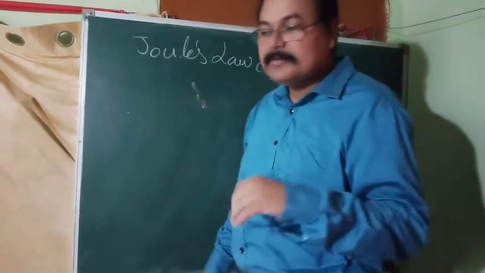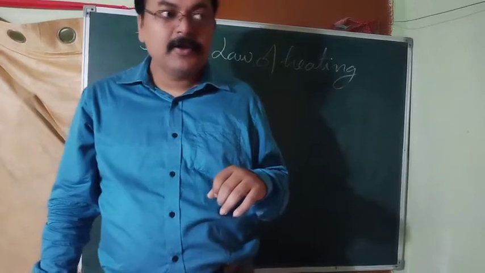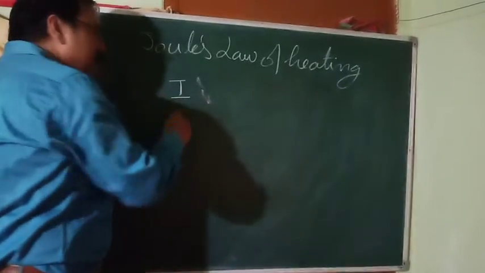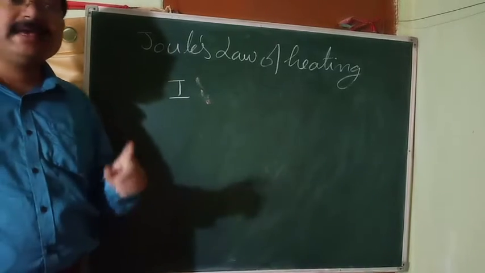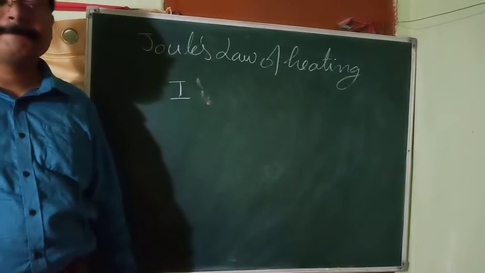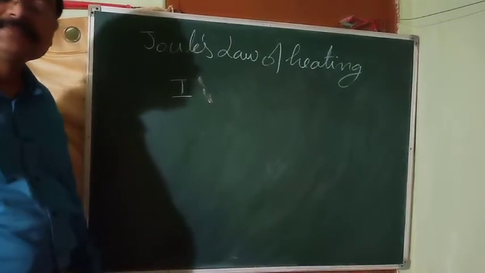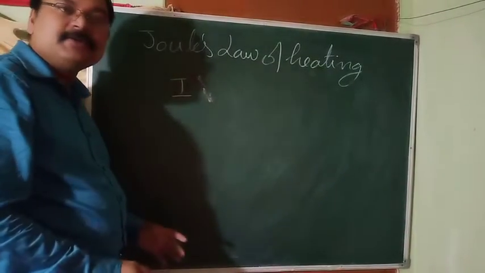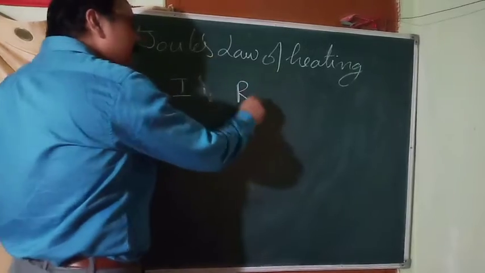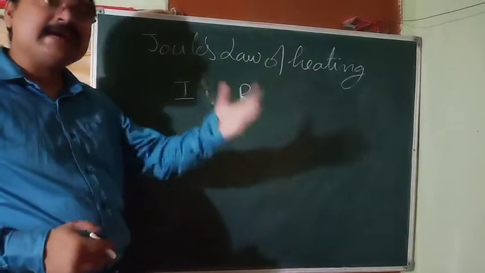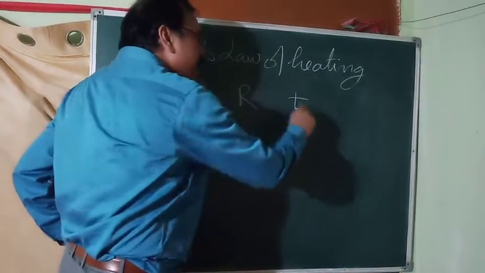It states that when a current I is flowing through a circuit of resistance R for time T,